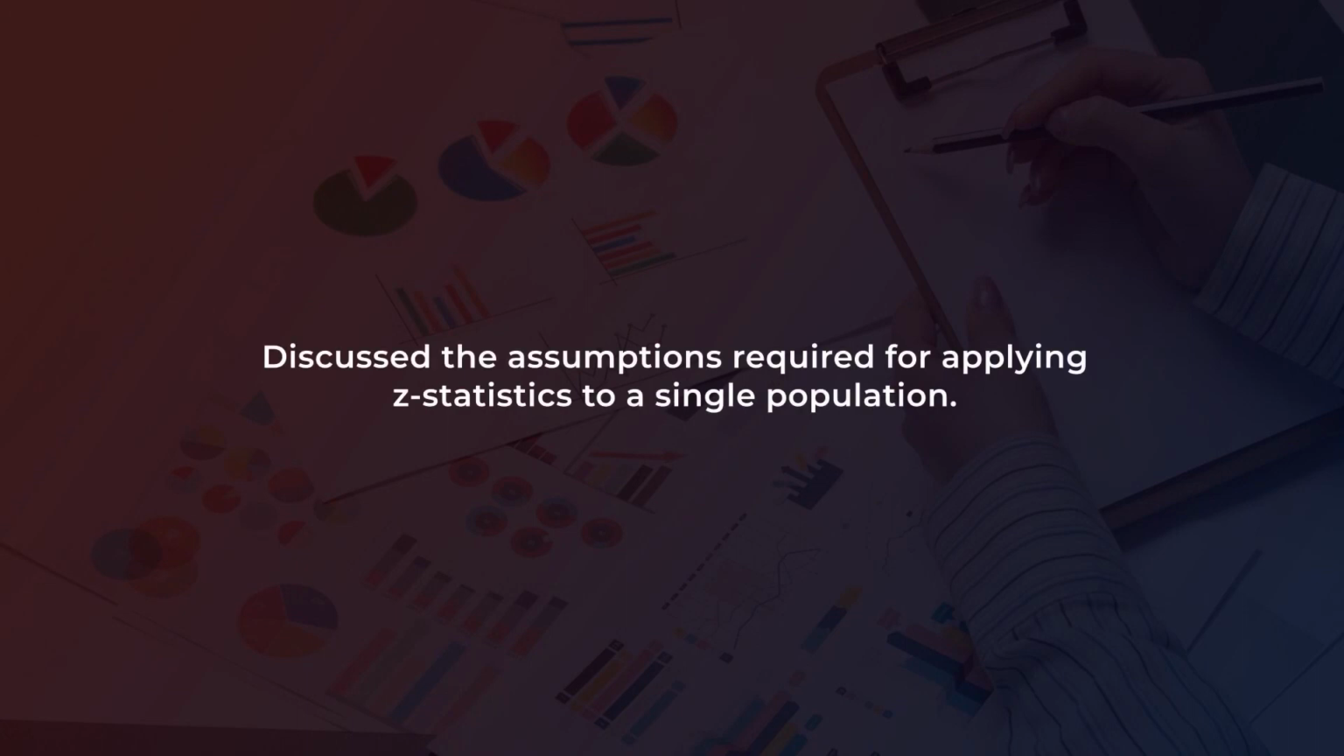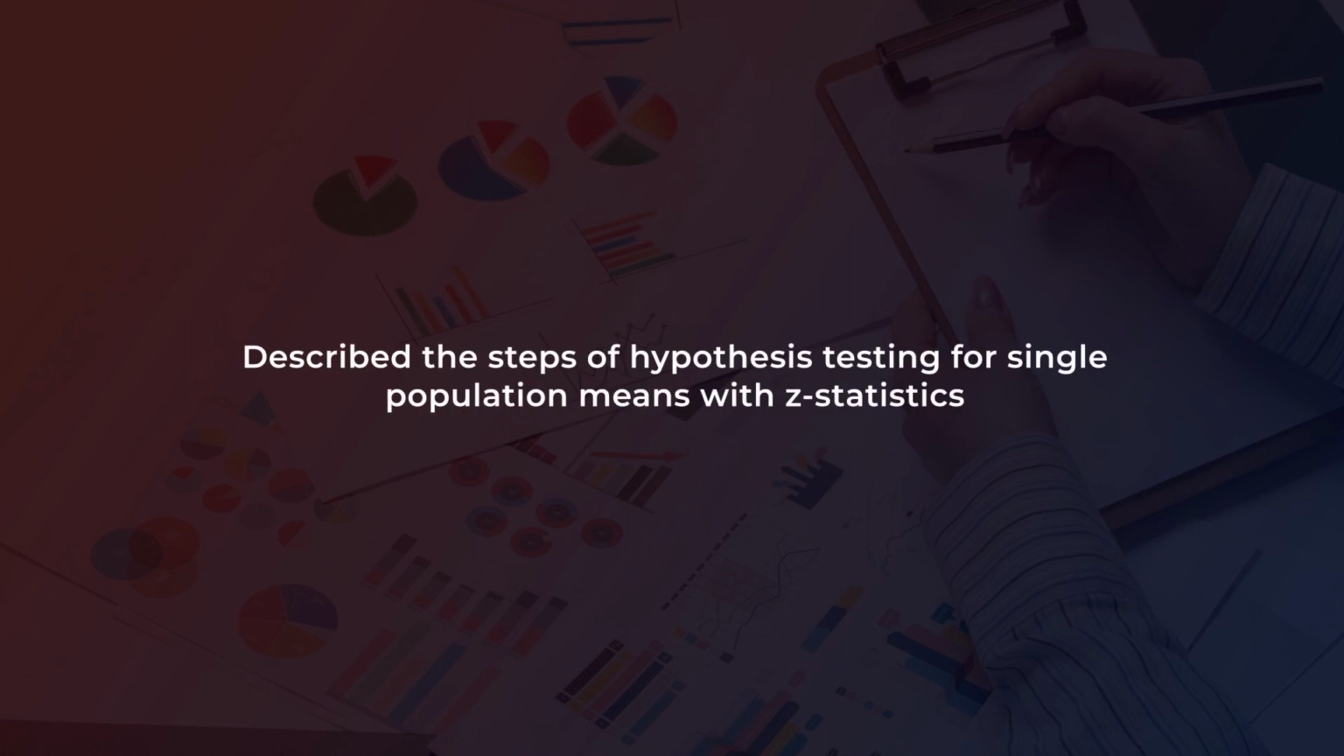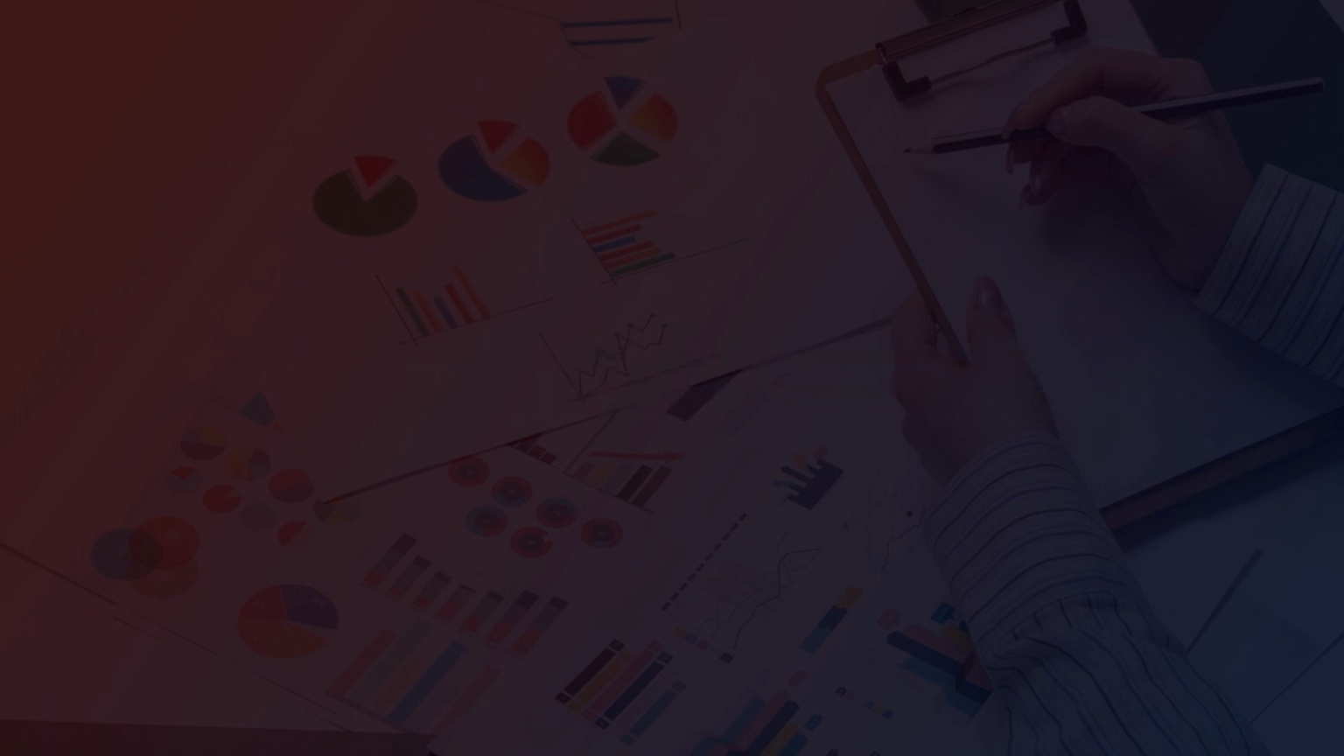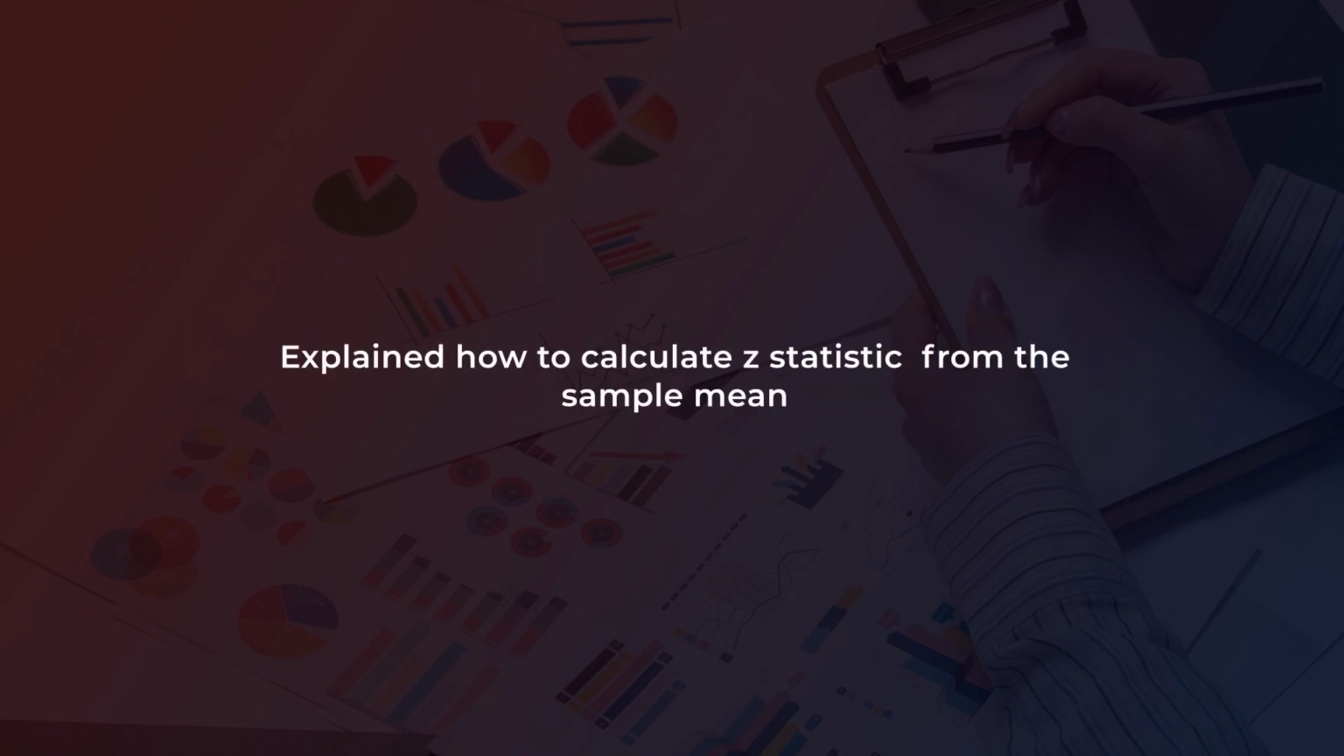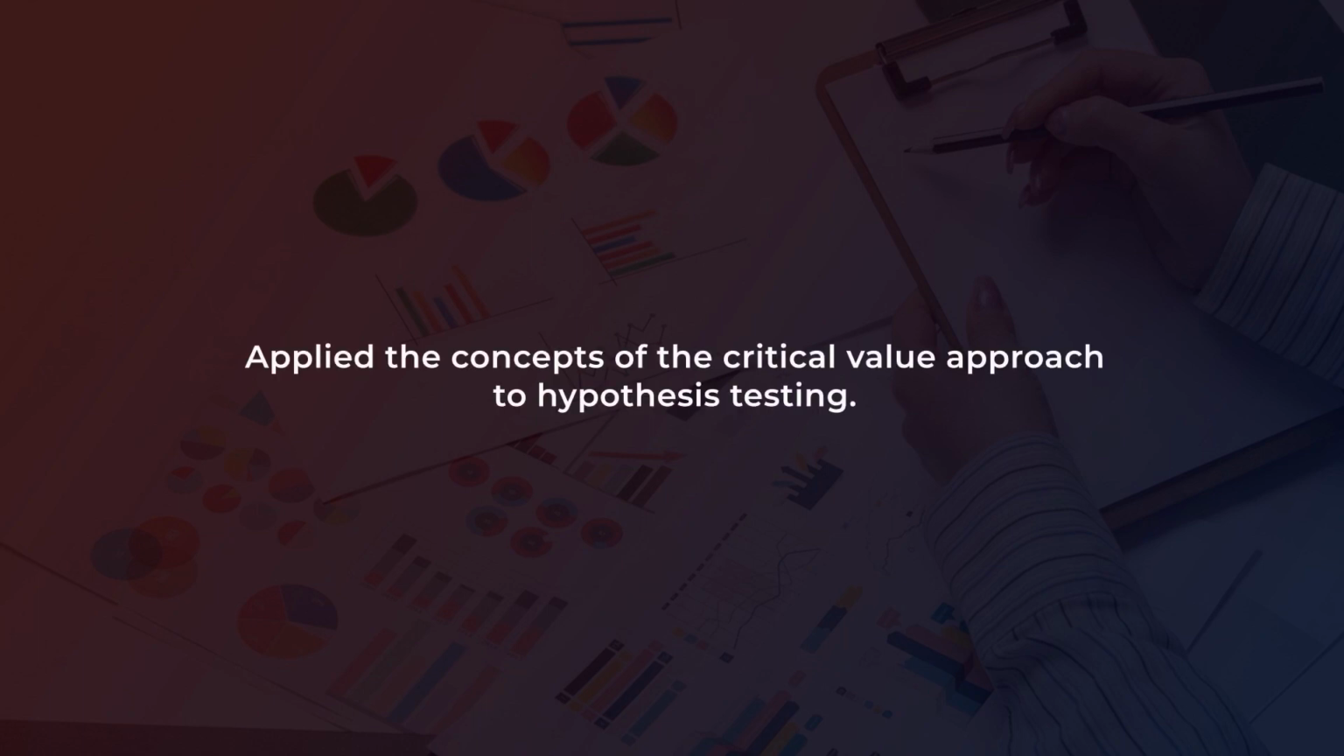So with this, we conclude this session, and in this session, we discussed the assumptions required for applying Z statistics to a single population. We described the steps of hypothesis testing for single population means with Z statistics, and explained how to calculate Z statistic from the sample mean. We applied the concept of critical value approach to hypothesis testing, and with this, now let's check your progress by